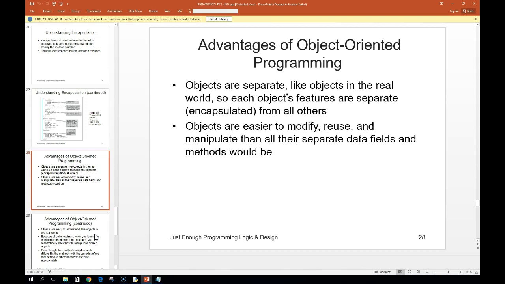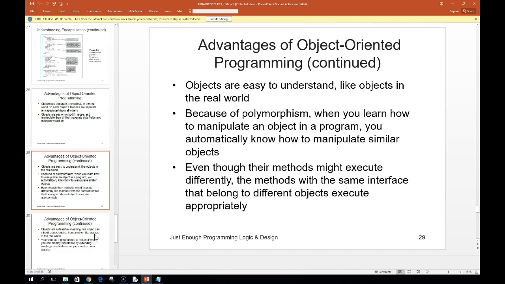So objects have a lot of advantages. We create them, and they contain all the pieces. So if I create an employee, it's got all the pieces for that employee. And they're separated from each other. I can manipulate them, but they're like little bubbles if you want to think about it that way. I create all that data in there, and we can manipulate them, move them around, and so it's a great way to do that. So with polymorphism,